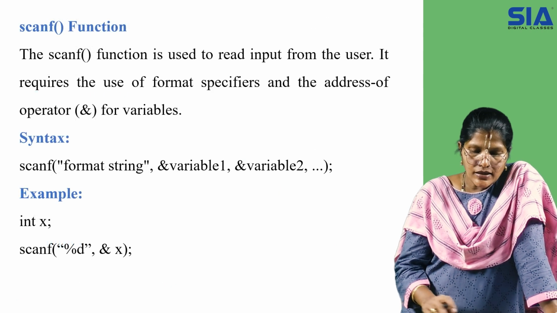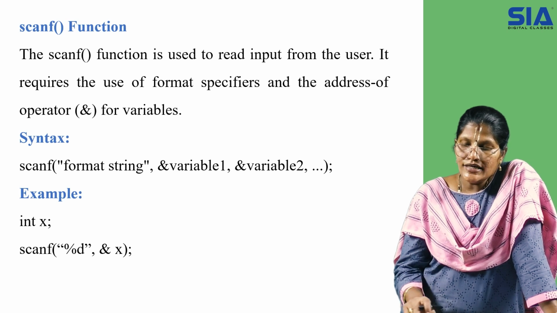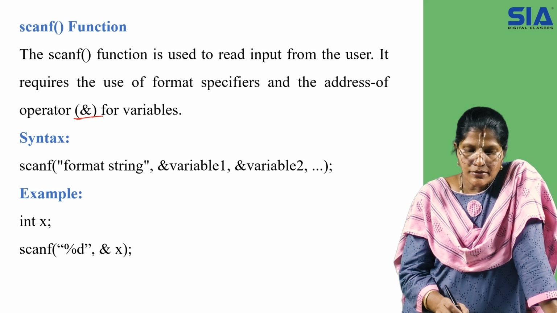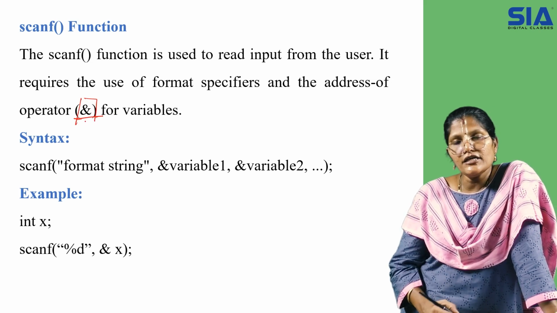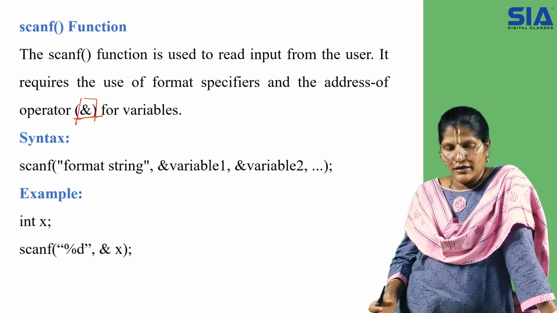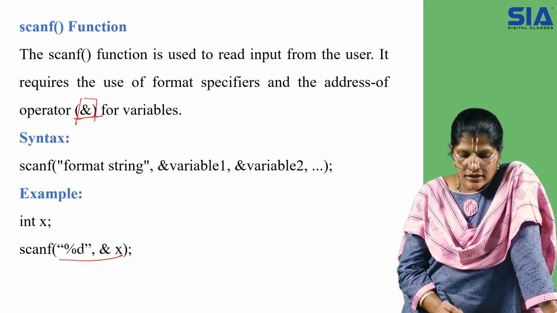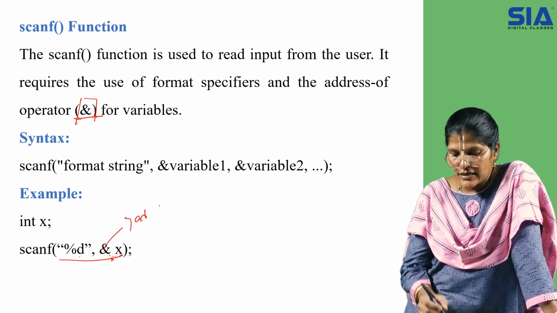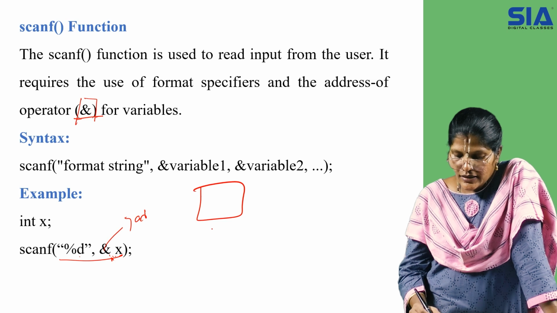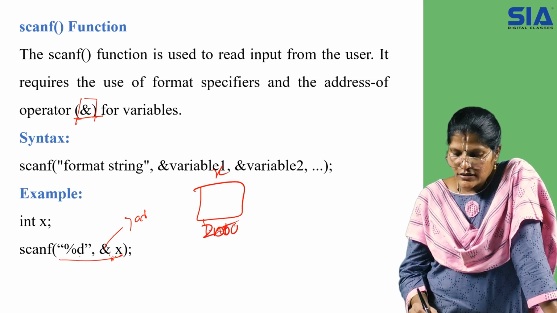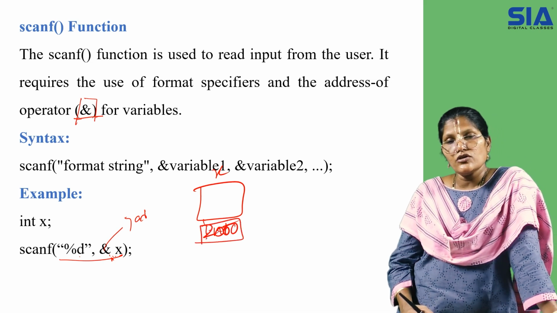So scanf is used to read the input and it requires the use of a format specifier and the address operator. The underlying point here is whenever you take the address symbol, it goes directly into that place, and from that place only you can retrieve the variable's value and print it. Now this statement goes something like %d and ampersand of x. Ampersand depicts the address. As I mentioned earlier, x resides at a location which has some memory address, say 2000. So 2000 is the address location of x.